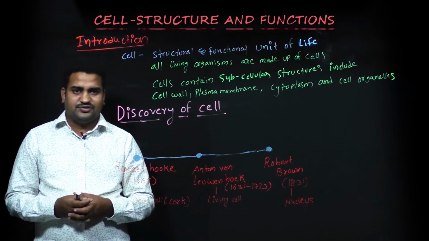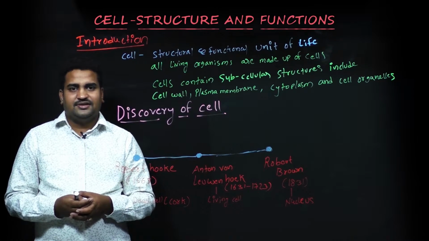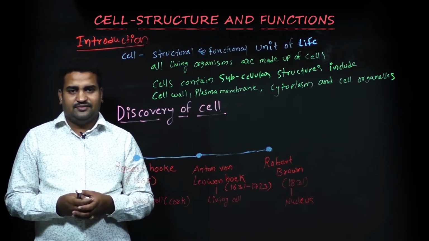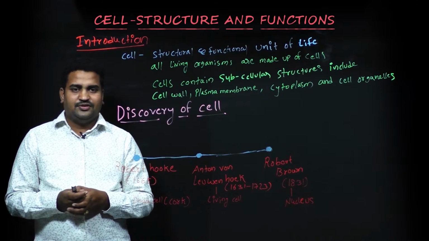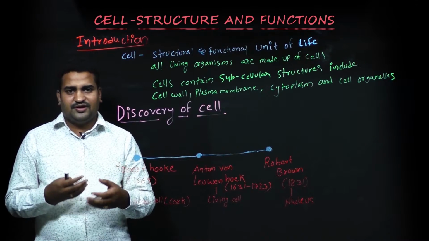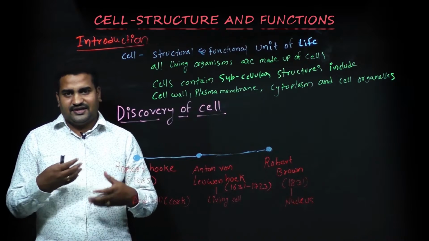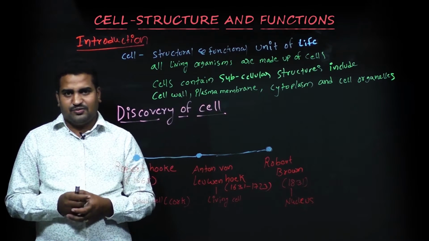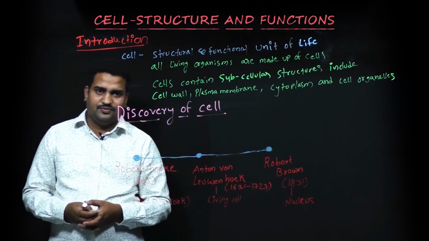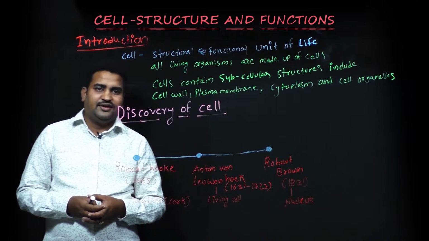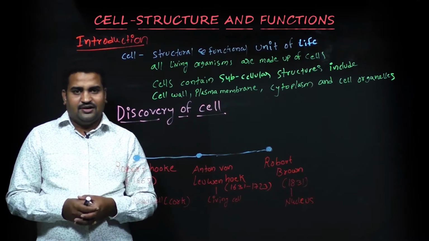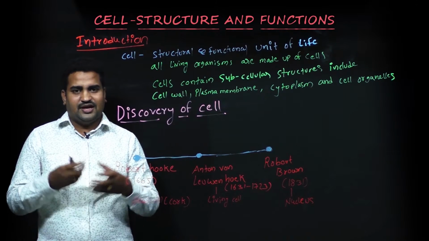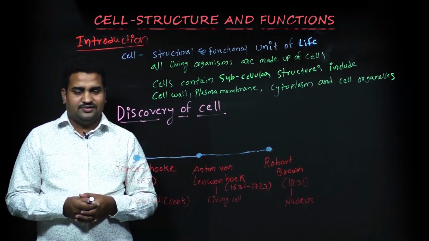These organ systems, they function as different things. For example, digestive system, so it will be useful for digestion of the food. Excretory system, it will be useful for the removal of the waste from the body. Respiratory system, which is for exchange of the gases. So like that, all organisms, they are composed of cells.